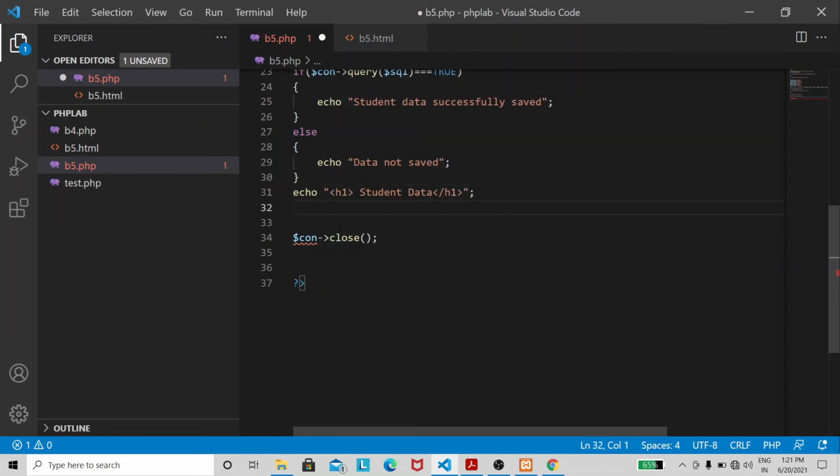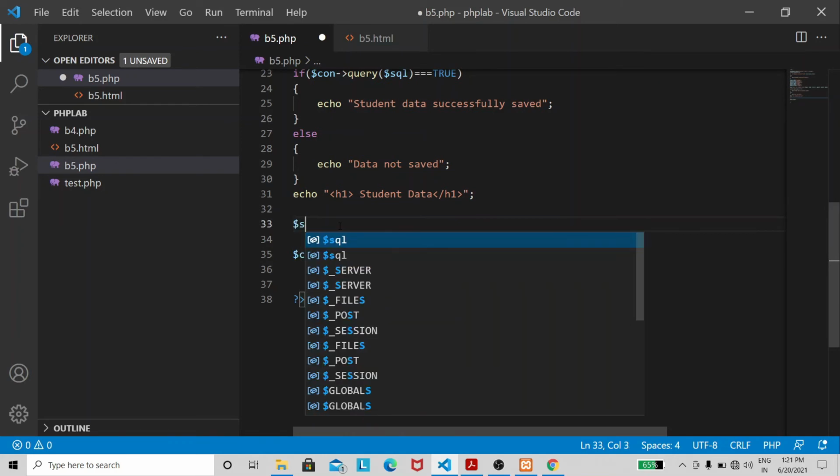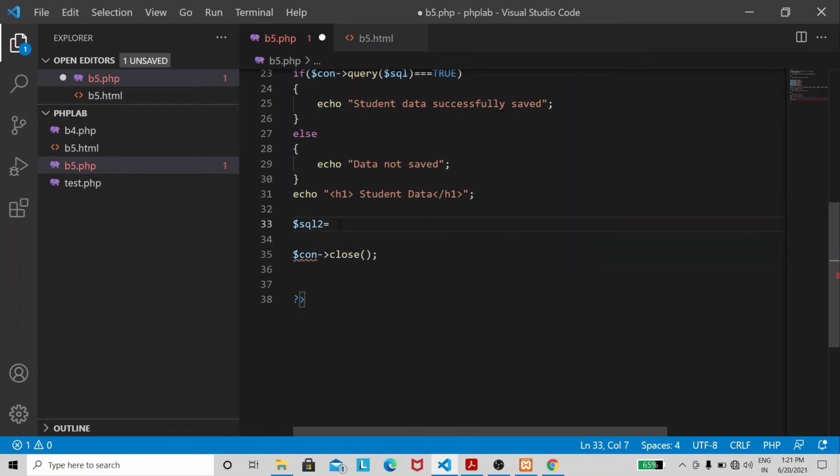Now $SQL2 is equal to select star from student.